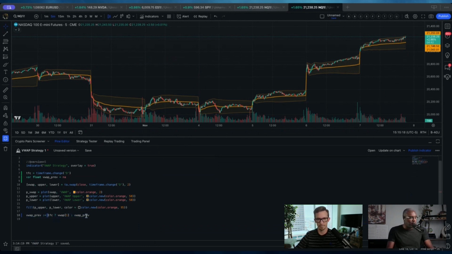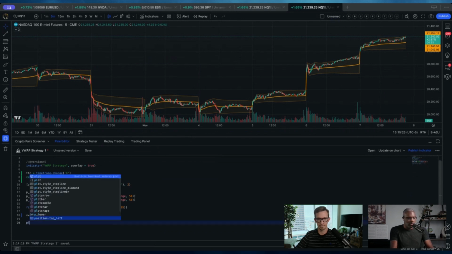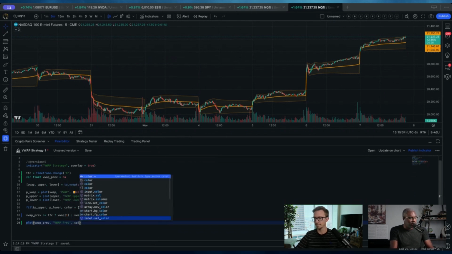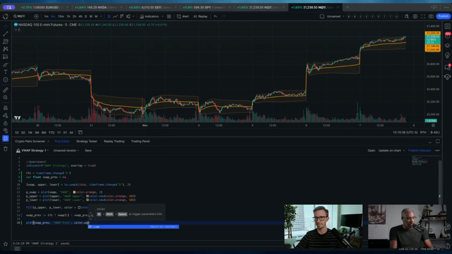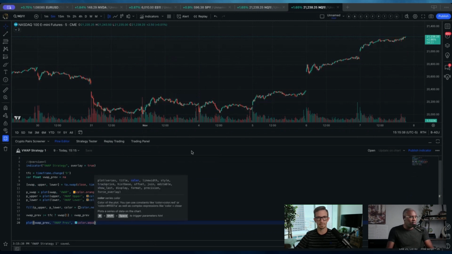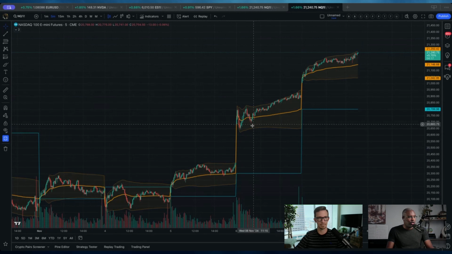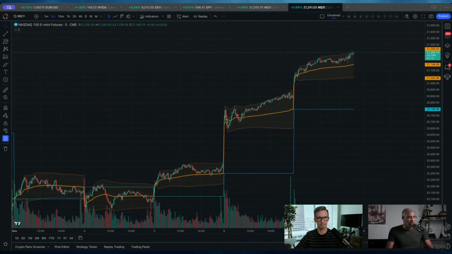So there's a ternary operator. If this is true, then this will happen, and if that's not true, then this will happen. So then if we plotted this, we should get the previous day's VWAP. Let's make it aqua. Okay, there we go. So now we have on our chart the current VWAP